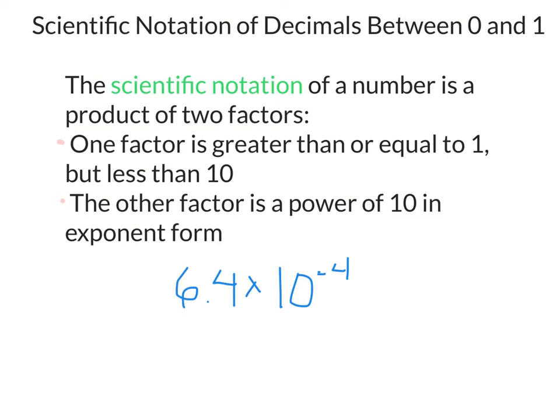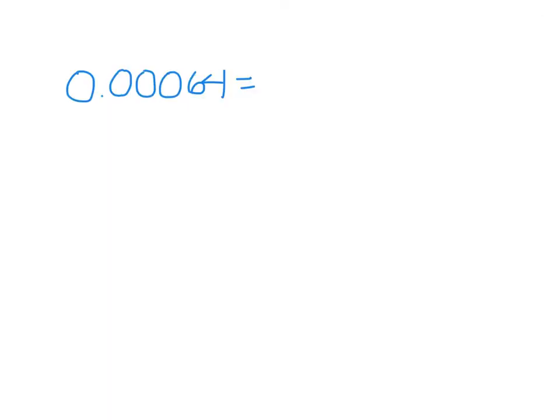So here we have the factor being greater than or equal to 1, but less than 10. And this factor is a power of 10 in exponent form. Okay, so scientific notation can be used to rename decimals that are between 0 and 1. Negative exponents are used for the powers of 10. So in this example,